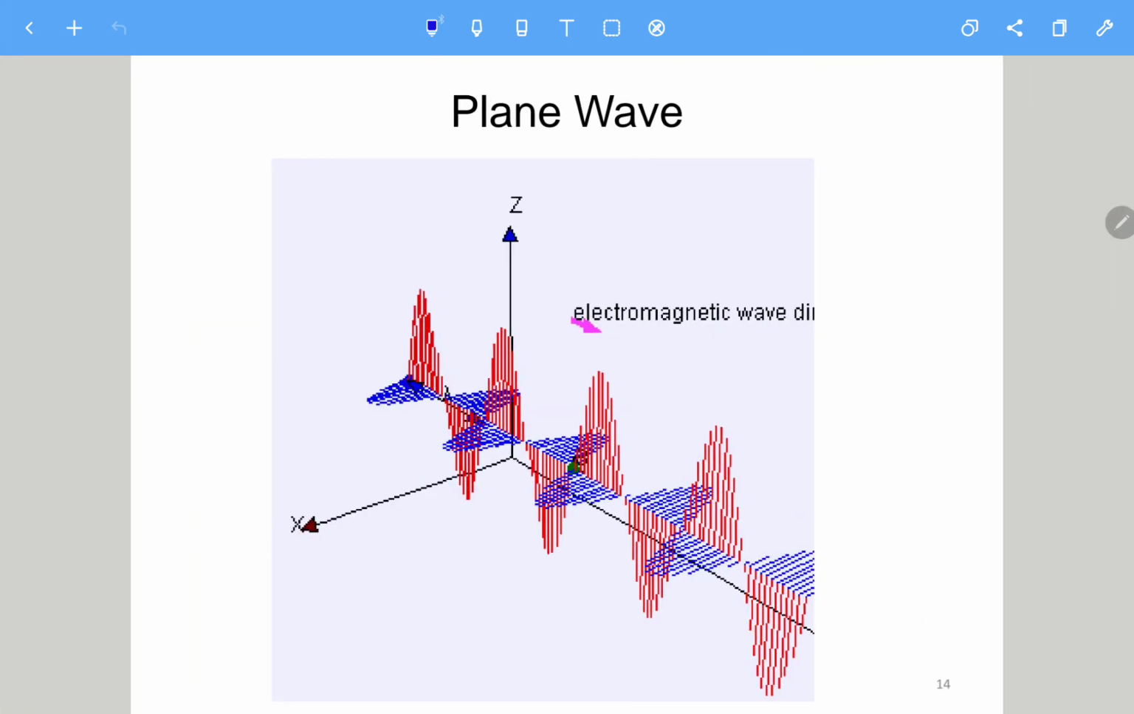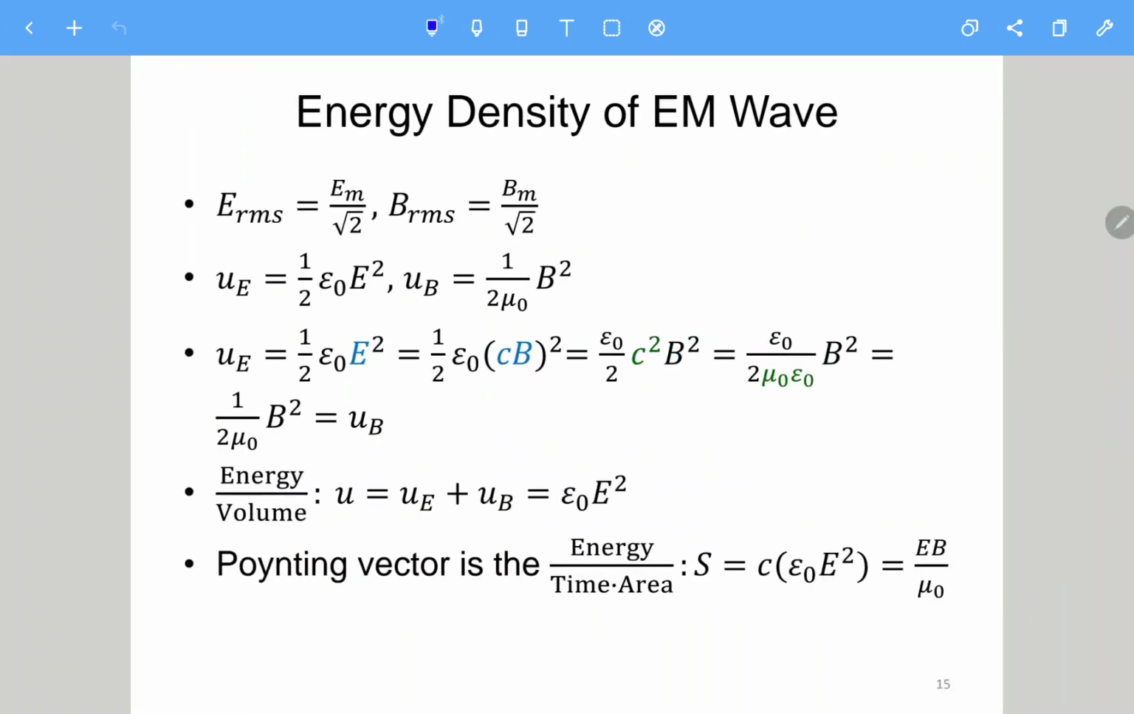Actually, this is the GIF, but in PDF it cannot show. But actually, I think 2 weeks ago, I showed a YouTube video. You already saw the wave propagation there. And finally, I want to mention the energy density of the EM wave, because in the original slides,